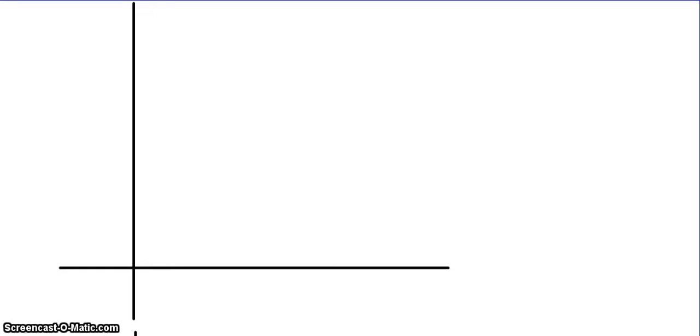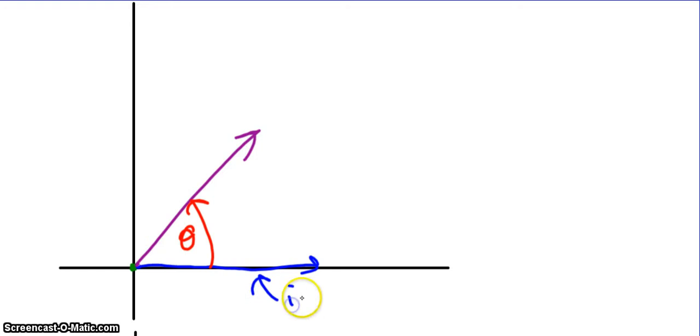So if an angle is in standard position, its vertex is here at the origin, and its initial side is the positive side of the x-axis. So an example of an angle in standard position could look something like this, where here's my theta. So again, this is initial side,